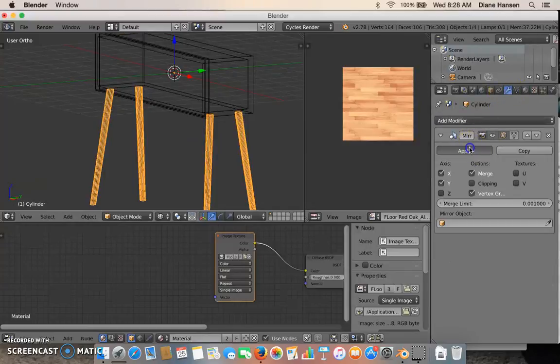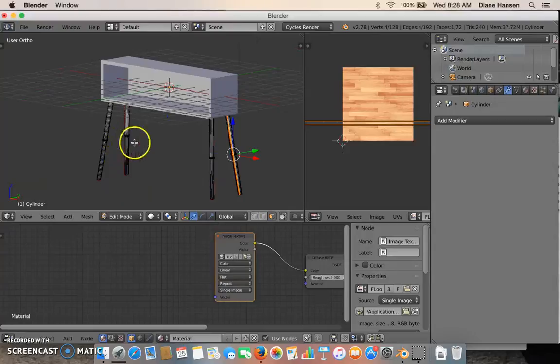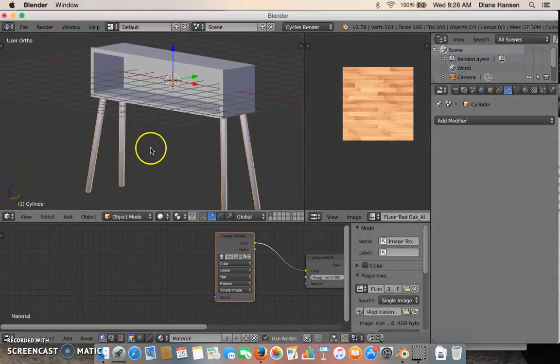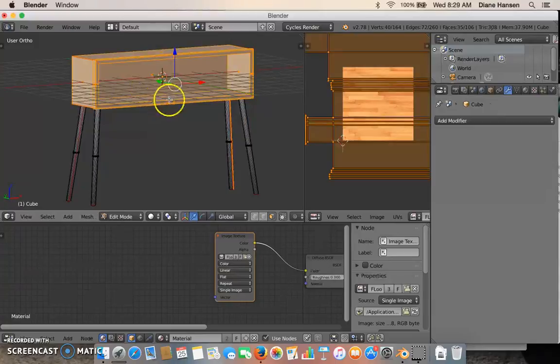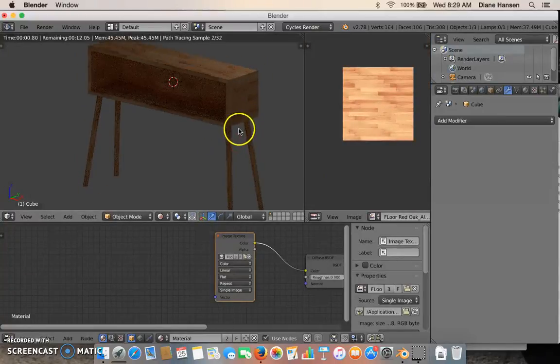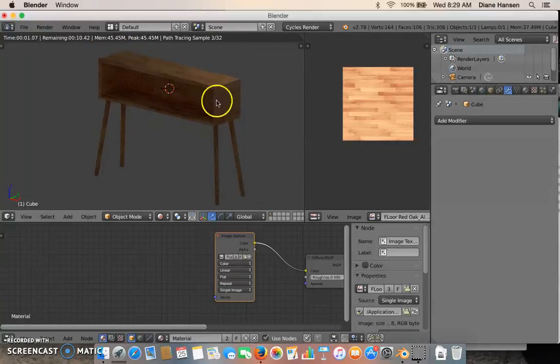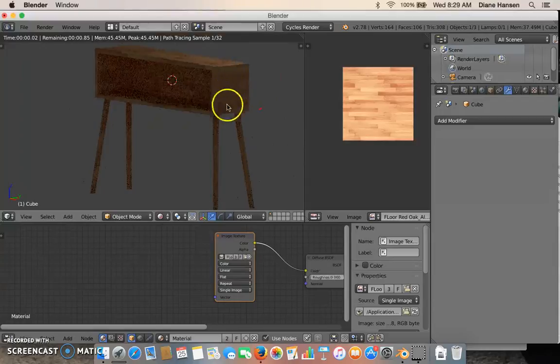So let's apply the mirror modifier, which means now I have actually 4 legs that are unwrapped, and I can hold Shift with those legs selected, click the box, and then hit Control J, and now they are one object. So I guess in the next one I'll show you how you can create variants of that texture. Like if you wanted to paint the sides dark,